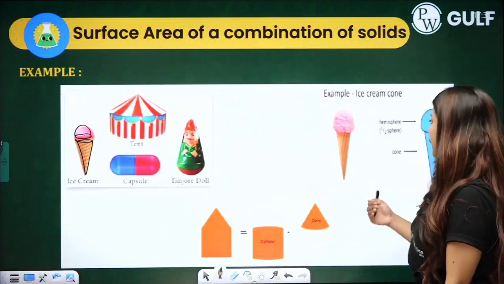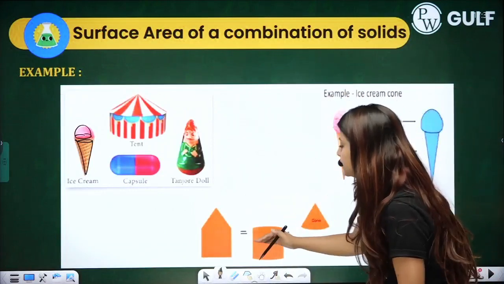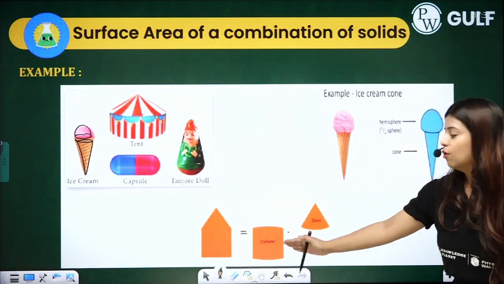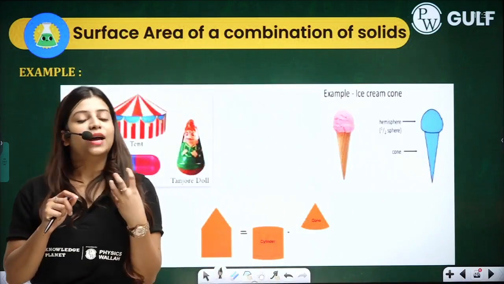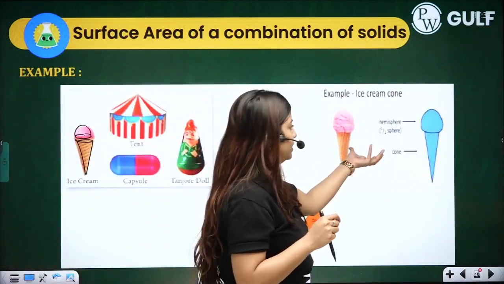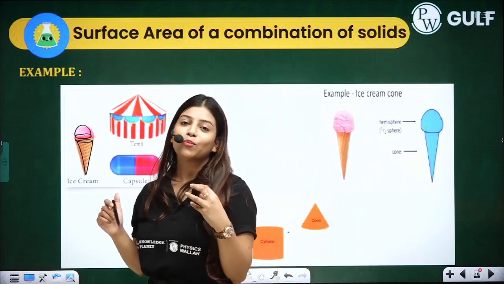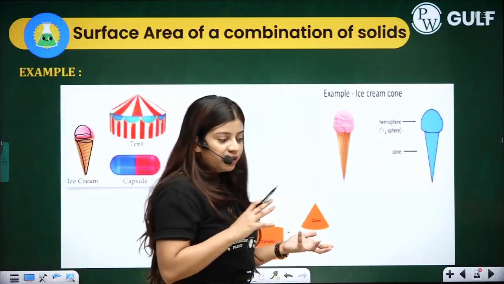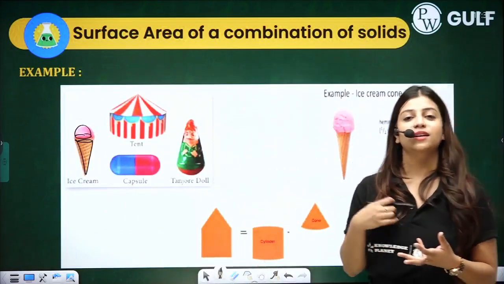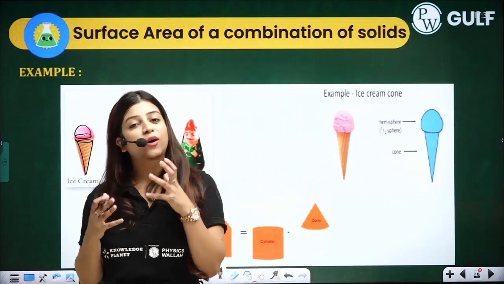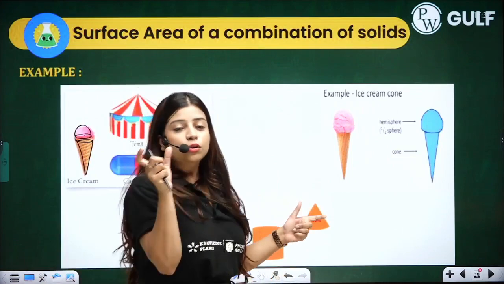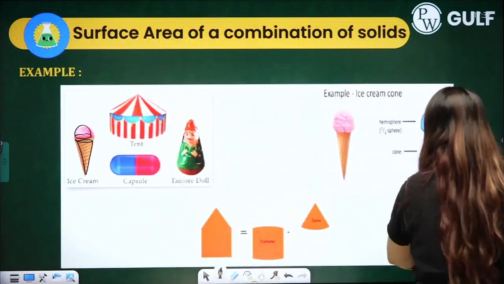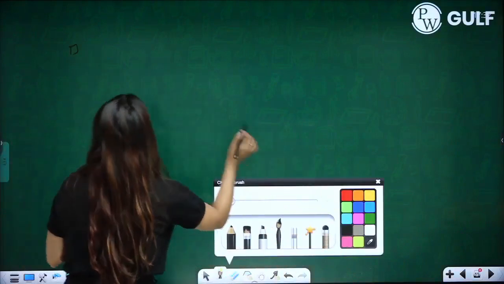The second thing that we have is, for example, if you see this figure, this figure is a combination of a cone and a cylinder. So there are multiple images or multiple questions that you might see, where a particular object is a combination of 2 different figures. So what we will be doing is applying the formulas individually. The question might also come direct, like for example they may ask one direct question,